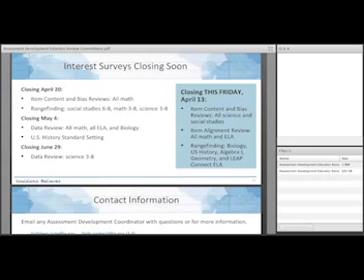And then some other closing dates to be aware of. Just a week later, April 20th, we'll have the math content and bias reviews closing, and range finding for social studies 6 to 8, math 3 to 8, and science 3 to 8 will close. And then May 4th, the data review for math, ELA, and biology, and U.S. history standard setting. And then June 29th, data review for science 3 to 8.